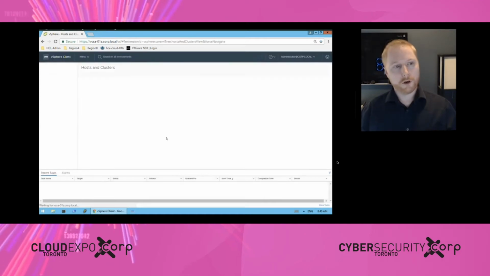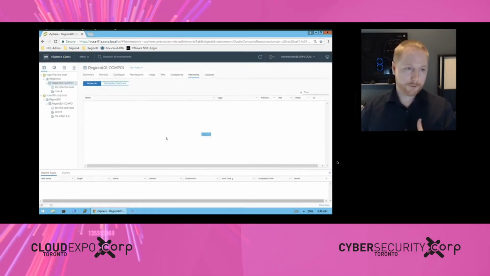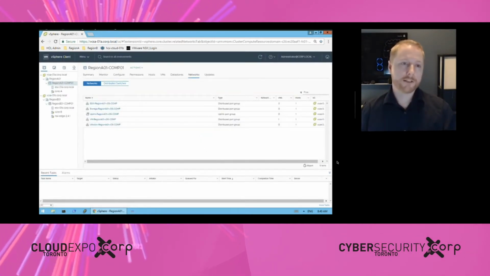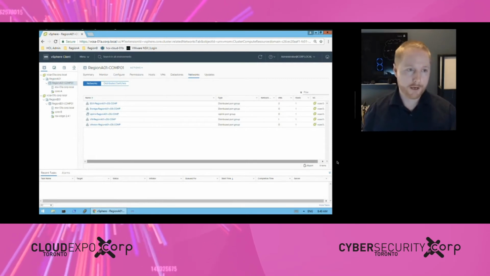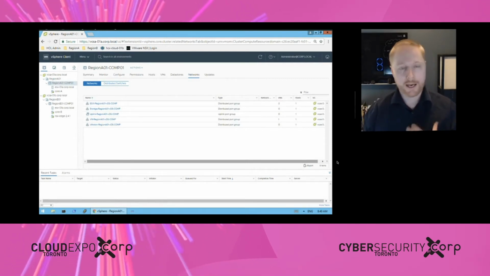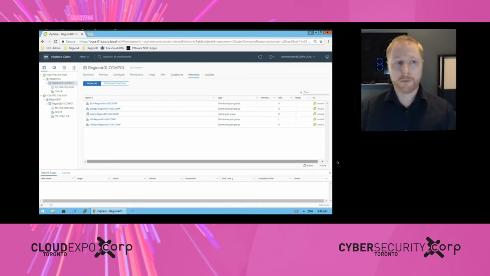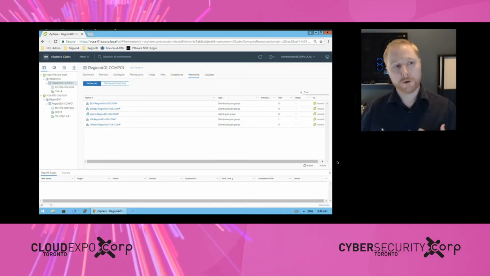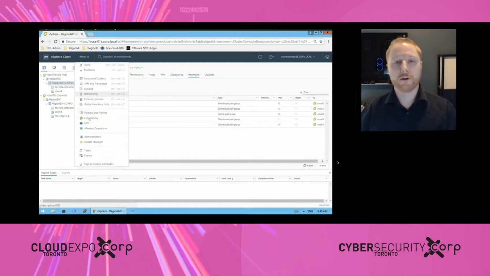So when we log in, you'll immediately see on the left-hand side, just through linked mode, we have two different sites set up, but they are separate sites right now. We have site A and site B. So what we're going to do is use HCX to connect them up and then move an